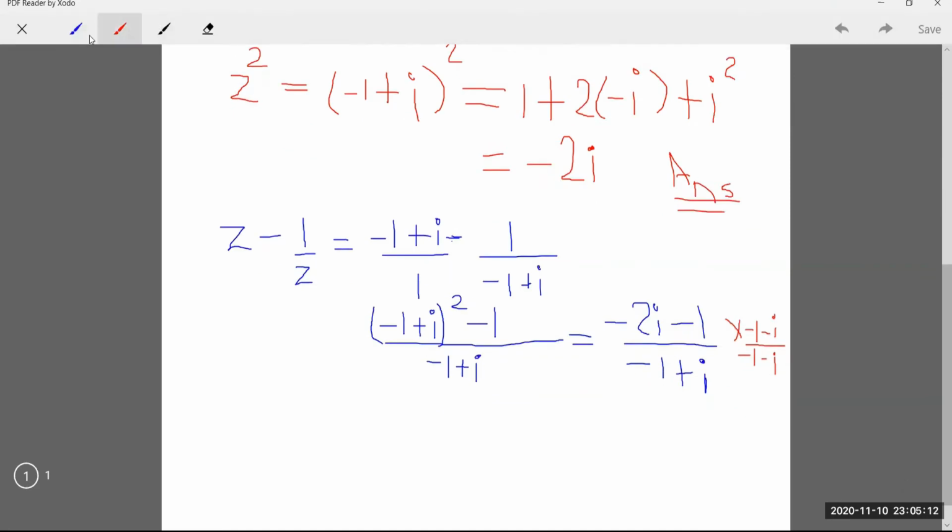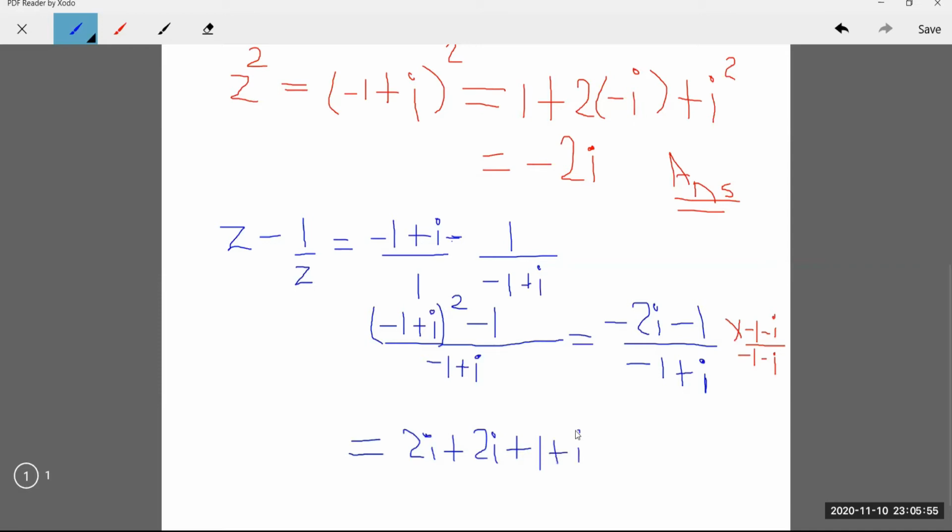across. So multiplying them across, what we're going to get is that z minus 1 over z is minus 2i times minus 1, that's positive 2i, then minus 2i times minus i, that's positive 2i squared. And then we have minus 1 times minus 1, that is positive 1, and then minus 1 times minus i, that's positive i,